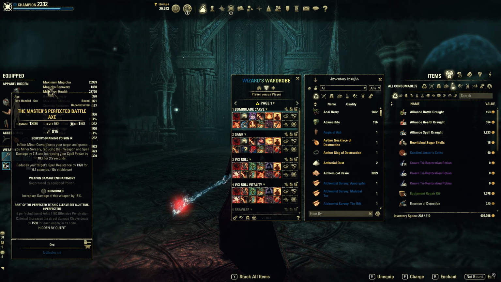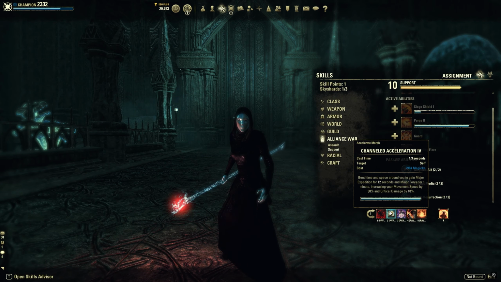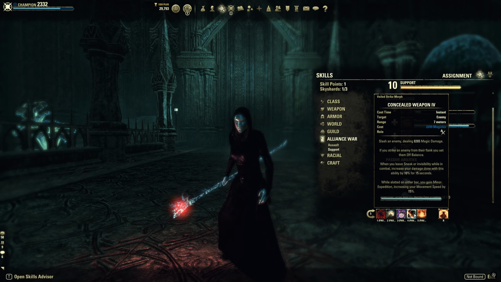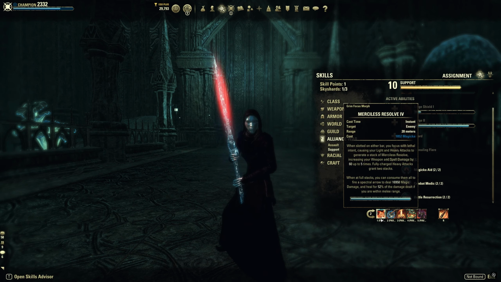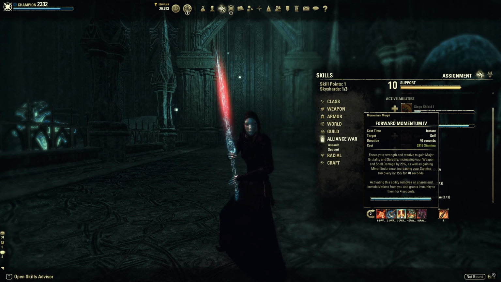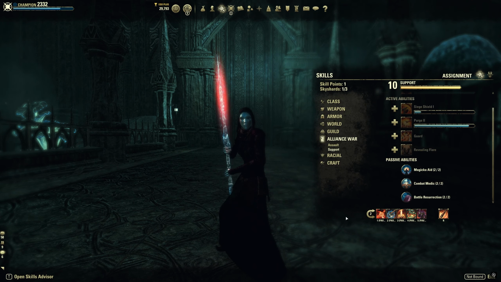really nice buff. For the skills, I have on the back bar Shadowy Disguise, Channel Acceleration, Proximity Detonation, Concealed Weapon, Fire Explosion and Barrier. And then on the front bar I have Merciless Resolve, Brawler, Forward Momentum, Healthy Offering, Camouflage Hunter and Onslaught. You see a lot of skills coming back from the previous build, so I'm not going to